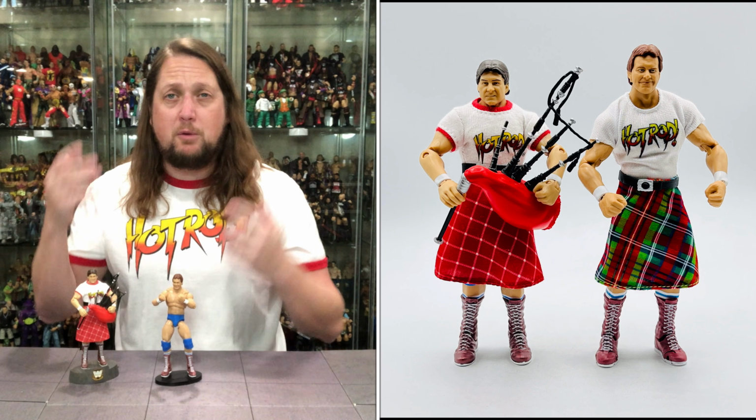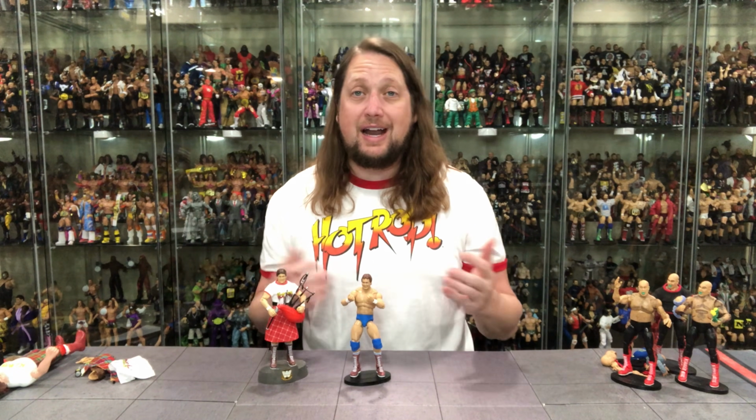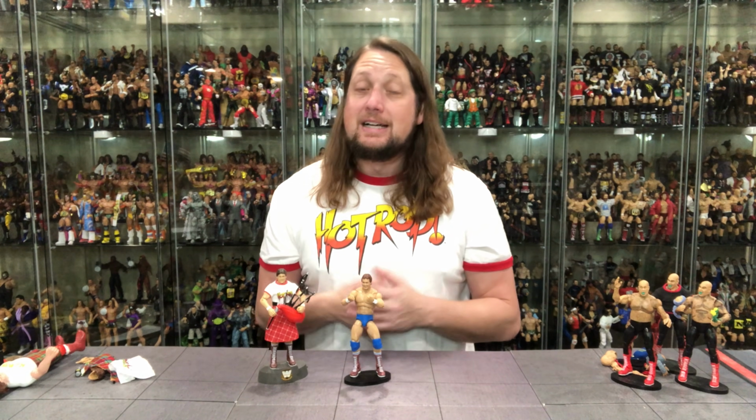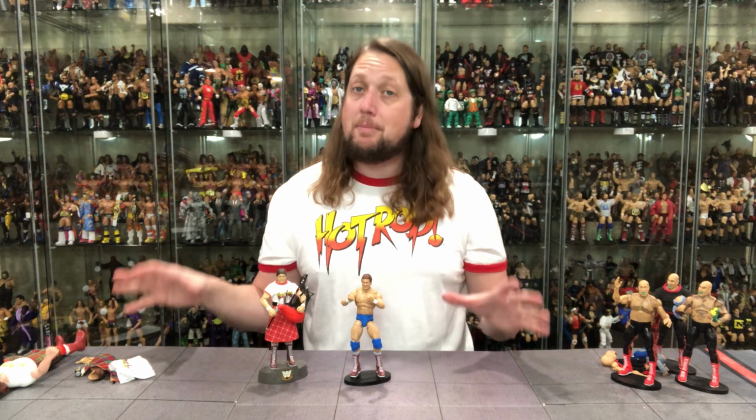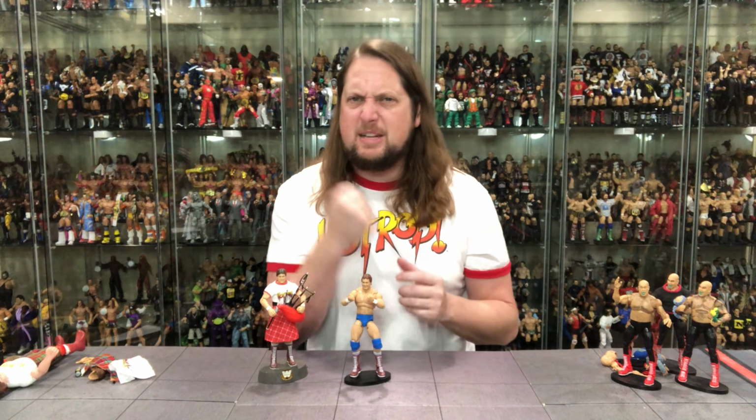We've seen the shirt twice. We saw it in the Hall of Fame one with the Roddy Piper with long hair. We've seen this shirt before. I'm sure they'll give it some upgrades, things like that. Very easy to change the kilt up, and voila, you got a new Roddy Piper figure. So, got to get the most out of your molds. It is a business at the end of the day, but I can see some people maybe passing, waiting for that one, or when this one does finally come, they're going to say, oh, Mattel, you should have gave us